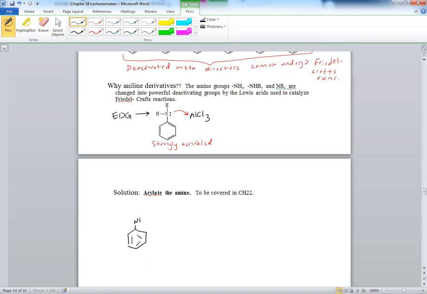But let's show you that. So here it is. Here's the NH2. Let's say, Friedel-Crafts, if I have CH3CH2Cl, and then here is the AlCl3,